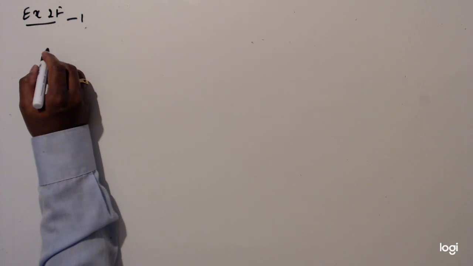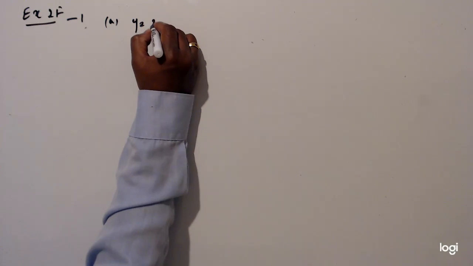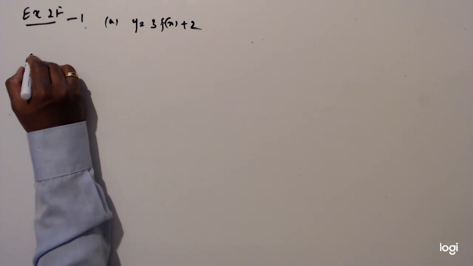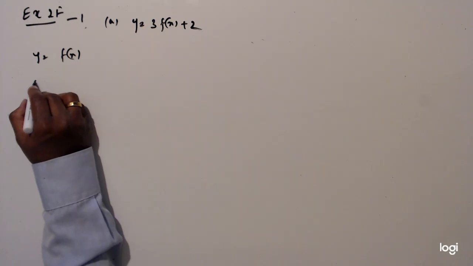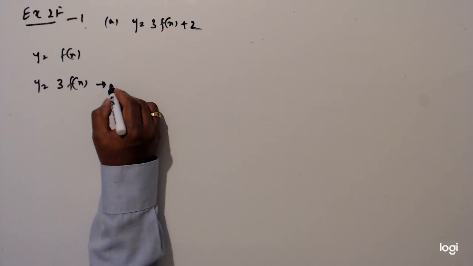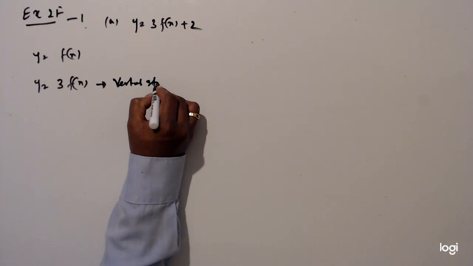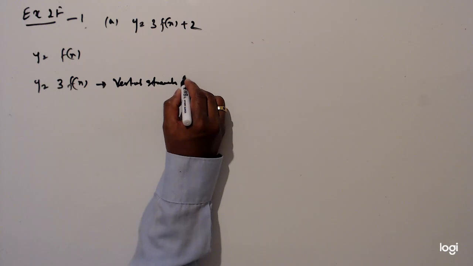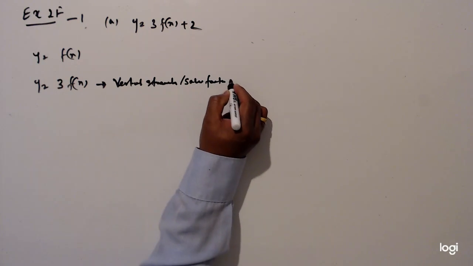Exercise 2F question number 1a, y equal 3f(x) plus 2. So first of all, y equal f(x), then y equal 3f(x). So this is a vertical stretch with scale factor 3,